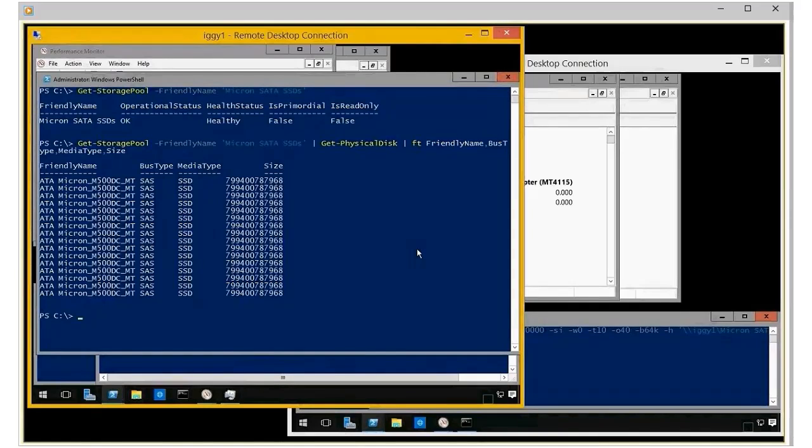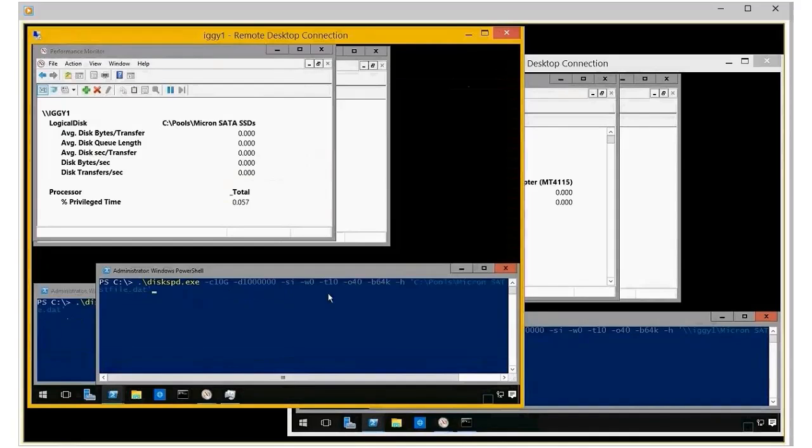The goal here is that we're going to put workload on that storage space. So let's start a DiskSpd workload here. You can see that my storage space is doing pretty well. We are doing a little over 120,000 64K IOPS, and the number I want to highlight is that we're doing 8.3 gigabytes per second on the system,